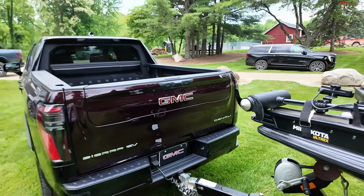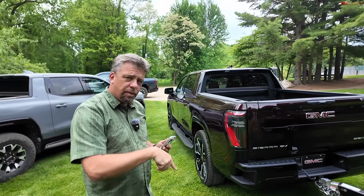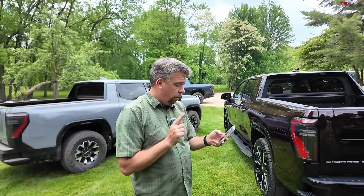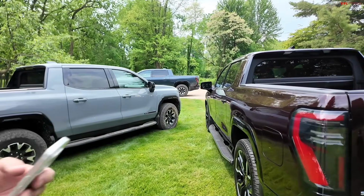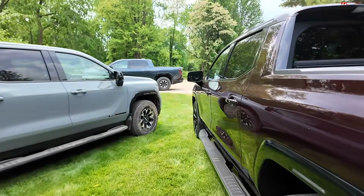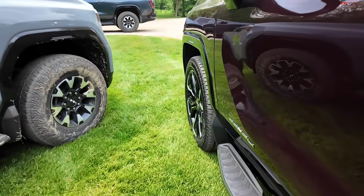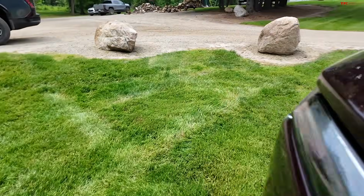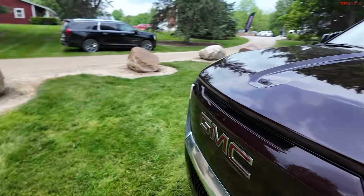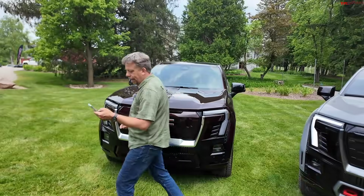They've expanded the price range and the battery size availability and some of the options on the Denali. So believe it or not, the Denali now starts at $69,700 before destination and $71,795 after. So if you may remember, Edition 1 truck was basically like a $100,000 truck, and now we're looking